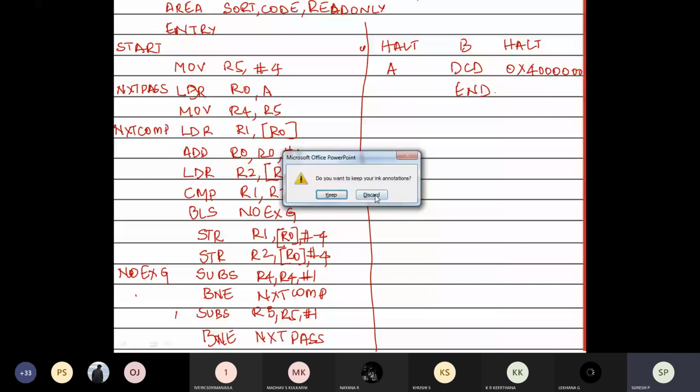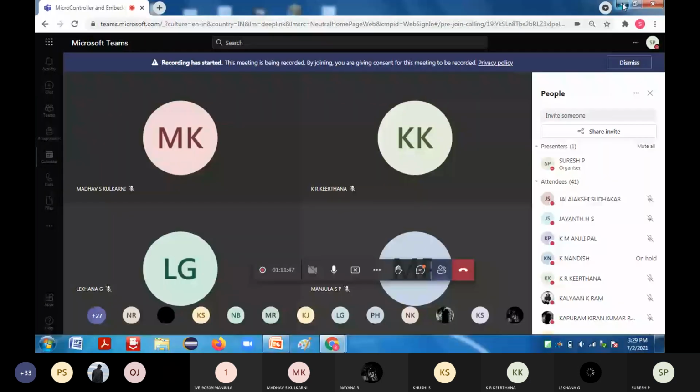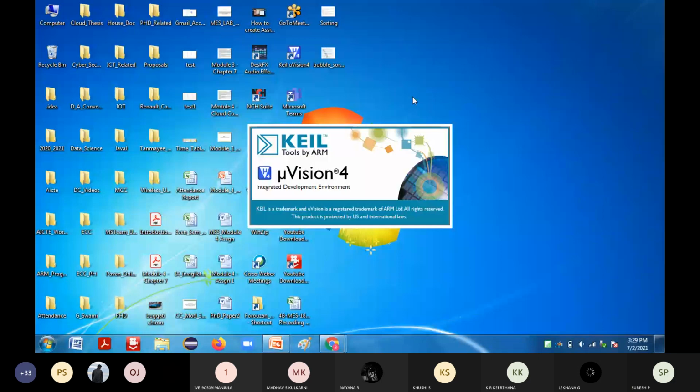So go for Keil MicroVision. It's the normal procedure.